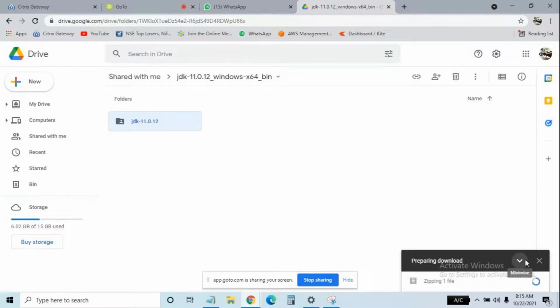Downloading. It's not showing preparing download like that.